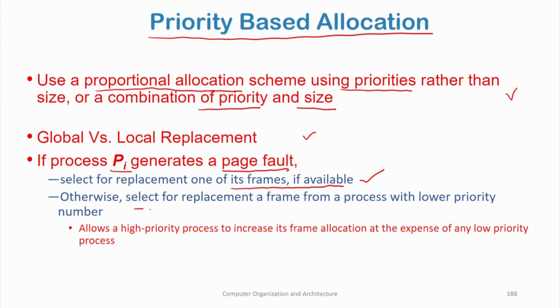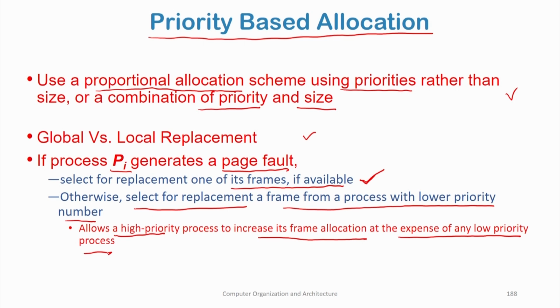Otherwise, you try to select for replacement a frame from a process with lower priority number. So, this process Pi has a priority or importance. Either you try to get a frame by local replacement from a frame of this process, or you choose a frame from a process with lower priority. What does this allow? It allows a high priority process to increase its frame allocation at the expense of low